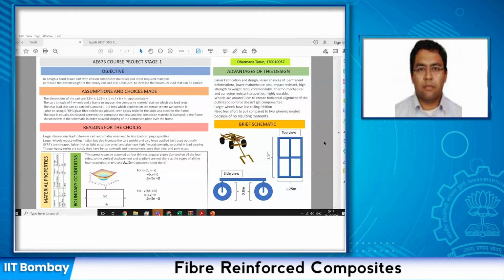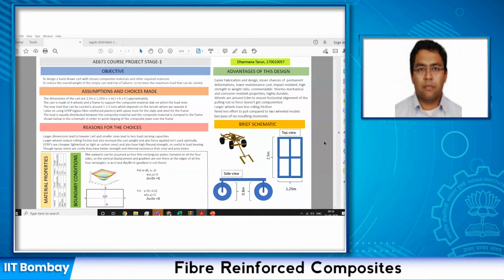For the wheel size, I have taken it to be 0.8 because I want the total structure to come around 1 meter. So my hands will be in a very comfortable position to pull it, so the force doesn't get componented into x direction and y direction. All the force can be applied in the horizontal direction, so I get the optimal pulling. That's why I took the wheel to be around 0.8 diameter.